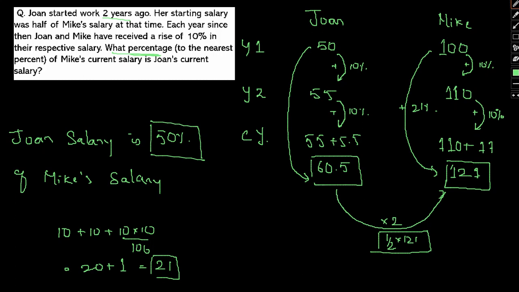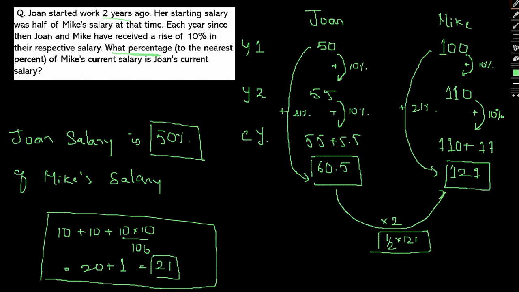So that way also, had we used this formula as well, we could have solved it. Okay, successive percentage change formula. So either way we could have solved, either we could have gone step by step or we could have gone directly. So anyway, we could have easily solved this question. So let me just give you the formula as well. A plus B plus AB by 100. This is for successive percentage change. Okay, either this way or the approach that I've shown initially. So both these answers are correct.